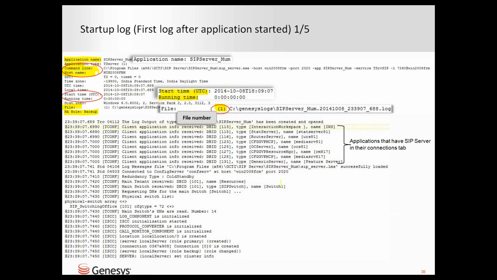You can see, like, there are some 40 log files created in 5 minutes' time, and you can see what the size of the log file is. So those things you can capture from the file number. Not only this, suppose a single call is there for nearly 30 minutes or so, you need to follow